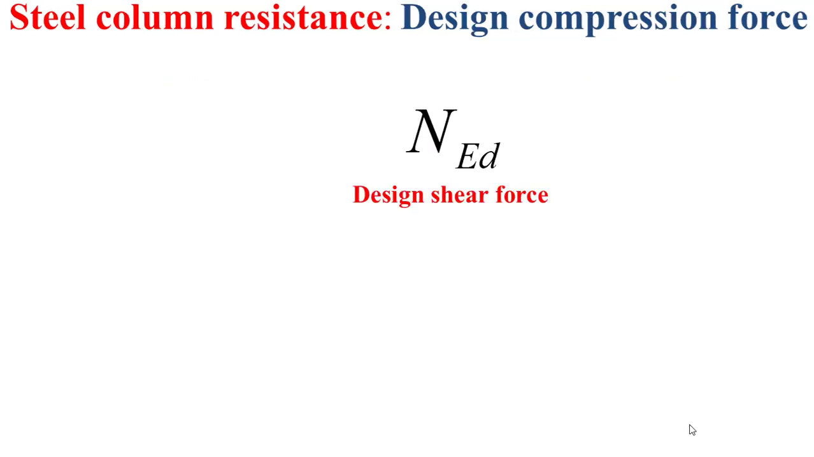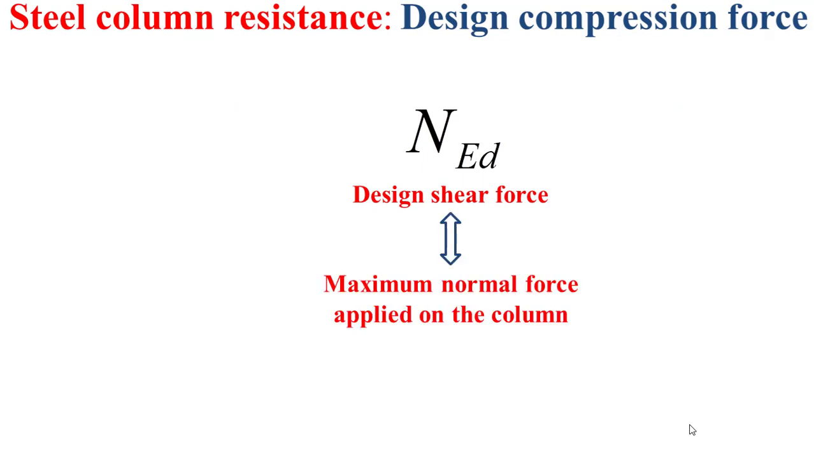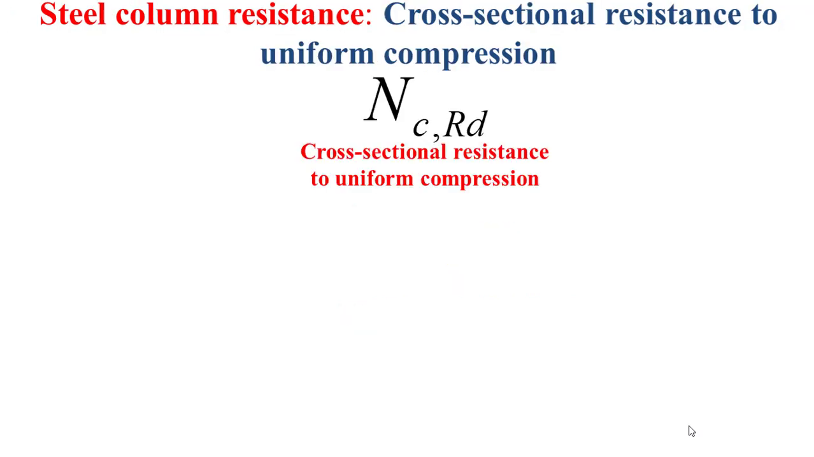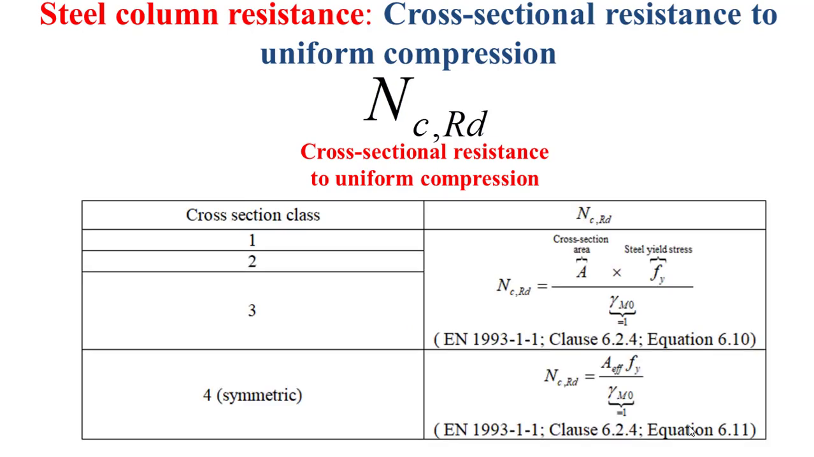The design compression force NEd can be simply seen as the maximum normal force applied on the column, while the cross-sectional resistance to uniform compression Nc,Rd is determined based on the table that you see now in this slide. As you can notice, the Nc,Rd depends on the cross-section class, and I explained in a previous video how to determine the cross-section class. And you can notice also that for the cross-section class 1, 2, and 3, Nc,Rd is